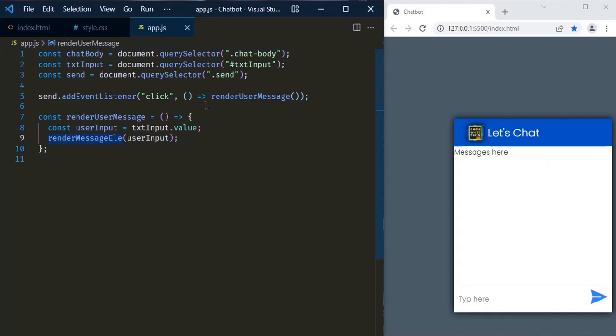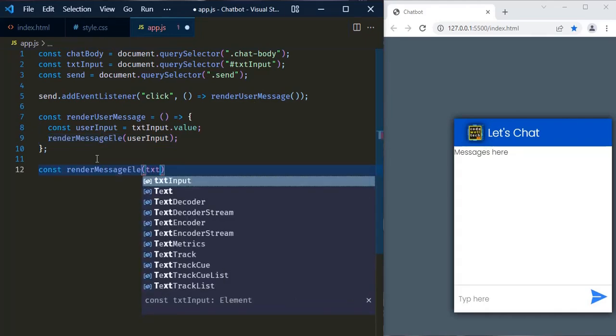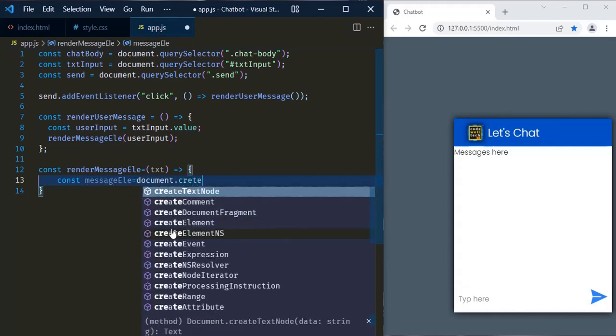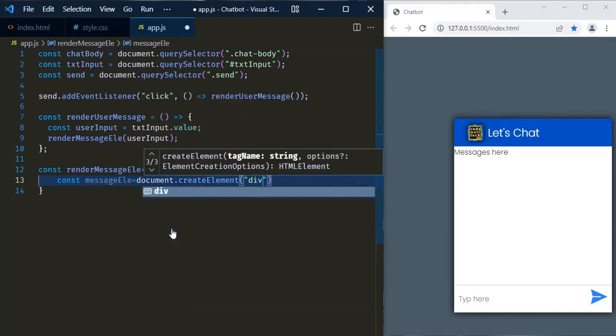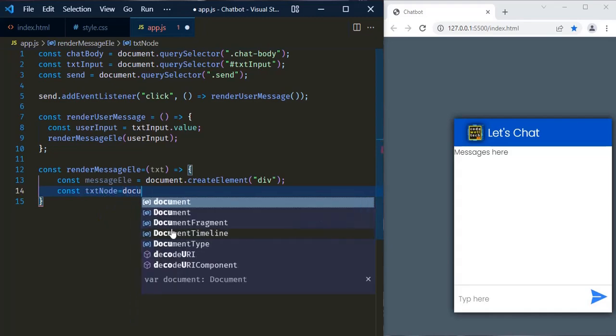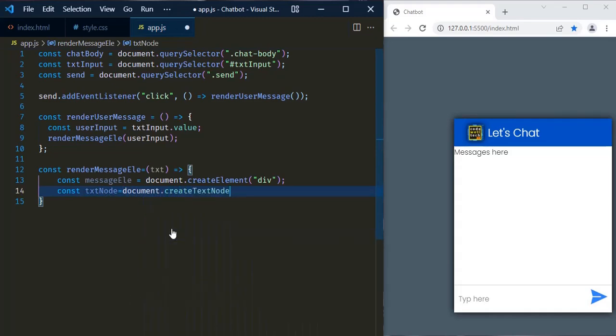Define this render message element constant render user message, and it takes the text, nothing but user input, and just use the equal to here, and here we are going to create the message element. So message element equal to document.createElement, and we are going to create the div, and then we are going to create the text node. So text node equal to, so document.createTextNode, and we are going to pass the text that is user